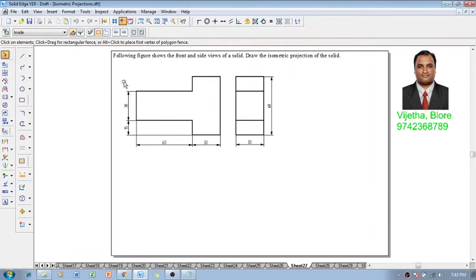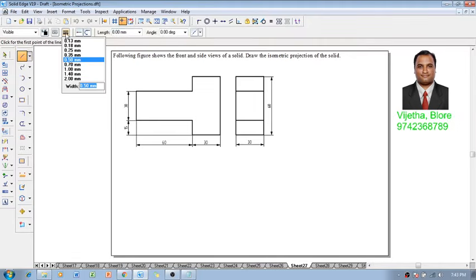Now by analyzing the figure, we have a 30 mm square prism of 60 millimeter length attached to another 30 millimeter square prism of 60 millimeter height in the fashion of a T-shaped hammer. Now let me show you how to draw the solution for the same. It's a very simple solution, it's not so complicated. So let me show you how to complete this one.